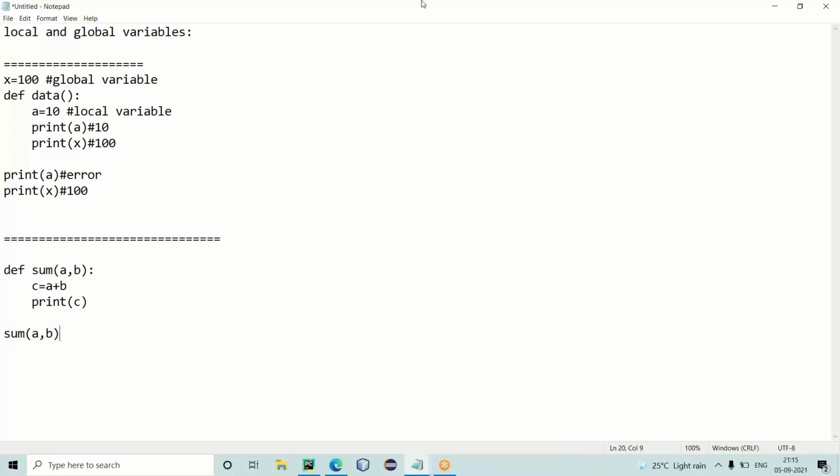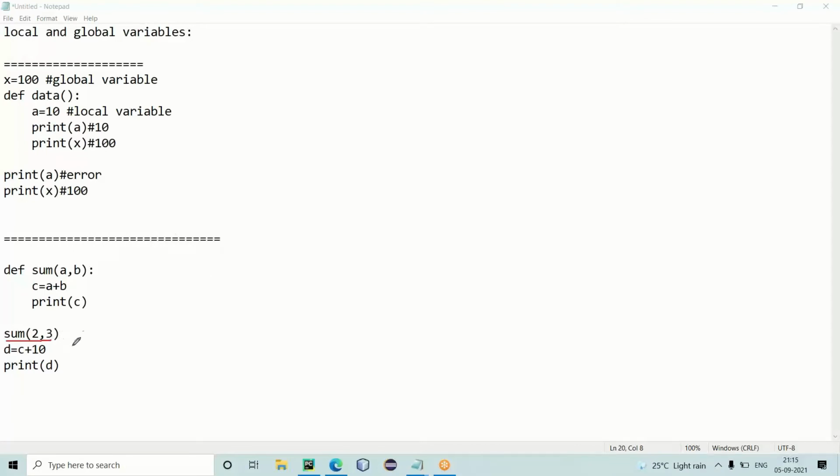See, now what will happen? I'll just take it like this also: d equal to c plus 10, print d. So now how is this code executed? See, here is the call to the function sum. Let us say I'm taking this directly without user involvement. I will call the sum function with 2, 3.